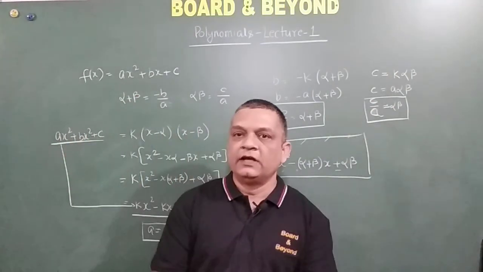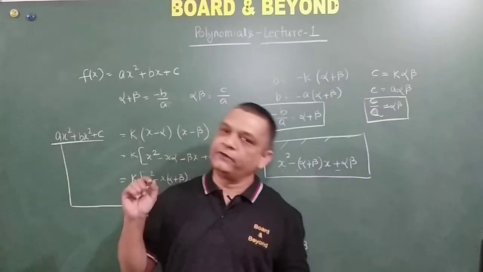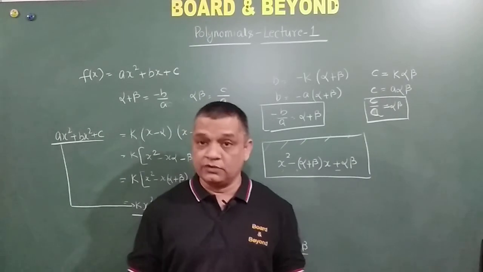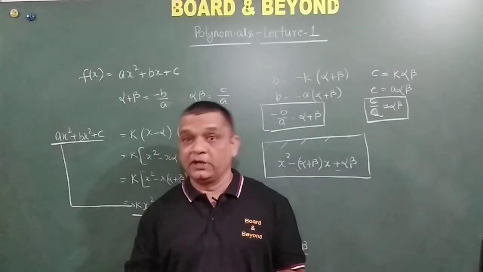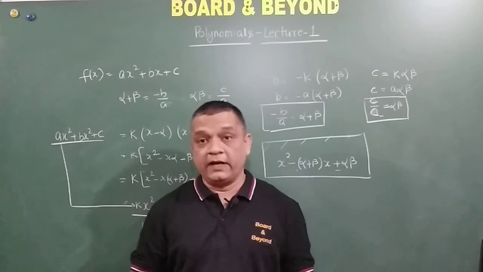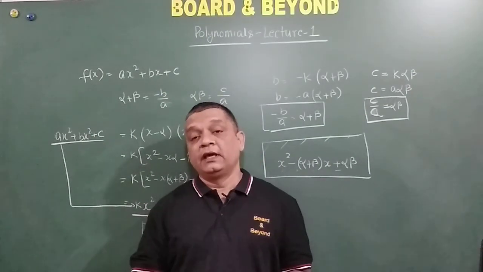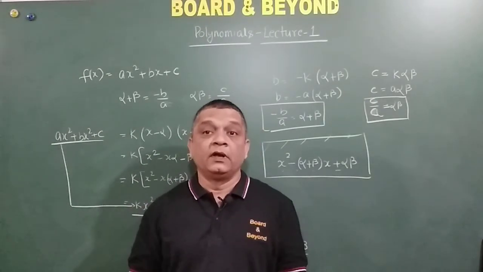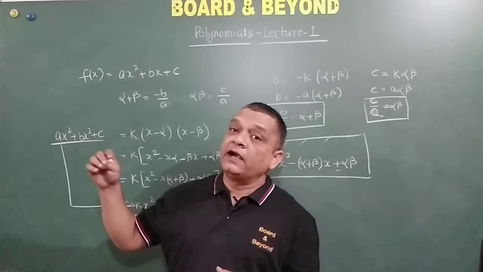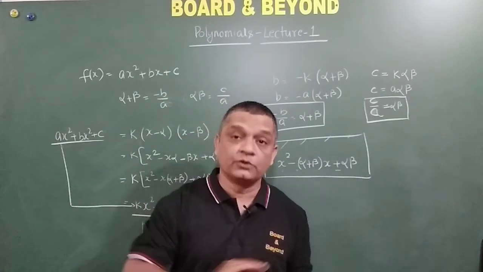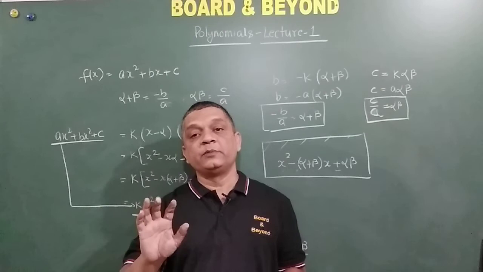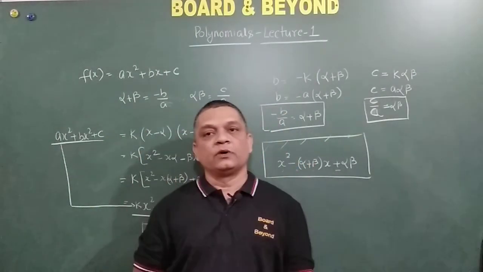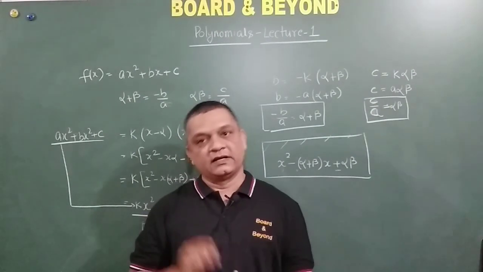So thank you friends. So this is all from me for this class. We have tried to understand what is a polynomial, what are the zeros of a polynomial, what is the value of the polynomial, how many different kinds of polynomials there are. And what we are going to learn next is that we are going to take a few problems and try to solve them, try to find out the roots for those problems and try to establish a relation between the roots and the coefficients, and hence verify all this. So this we will do in the next class friends, next lecture.